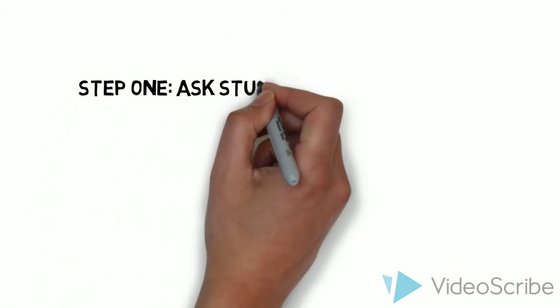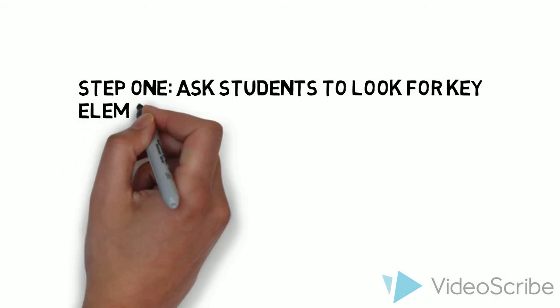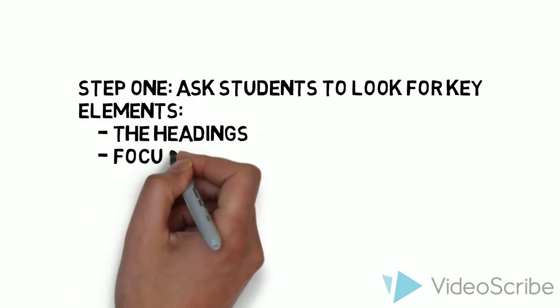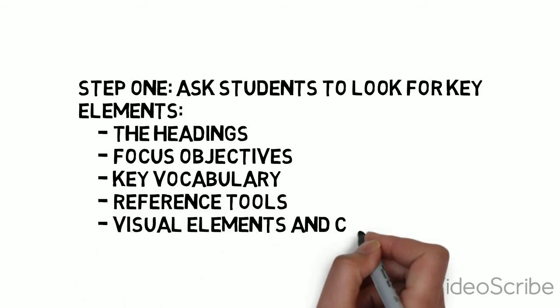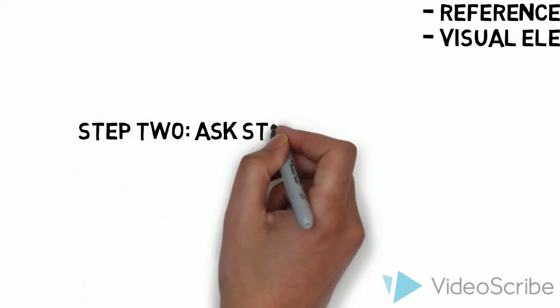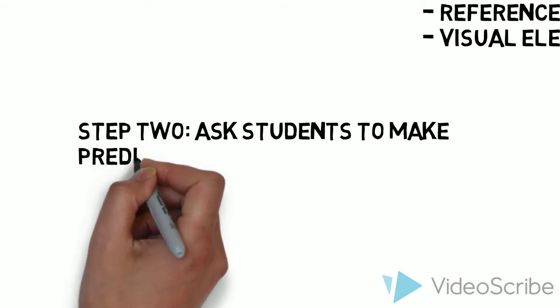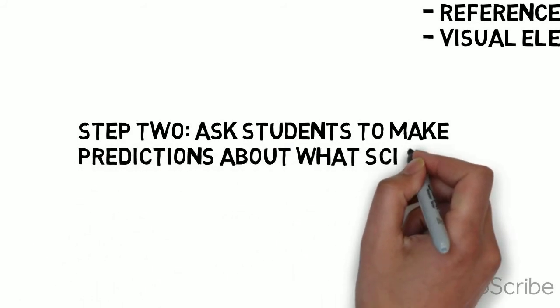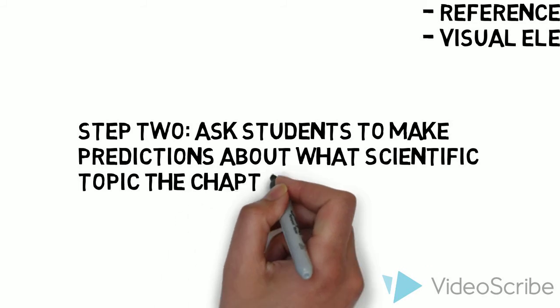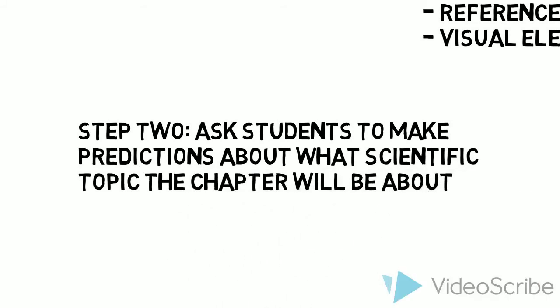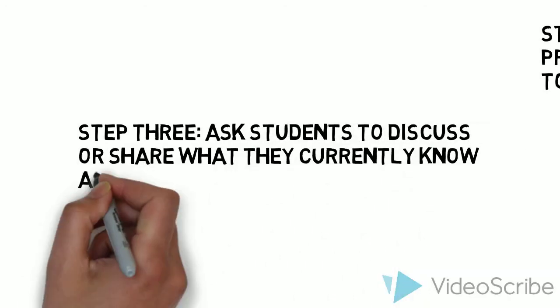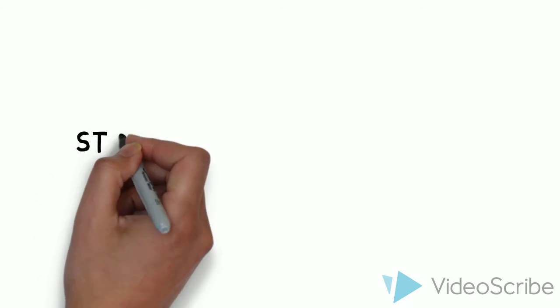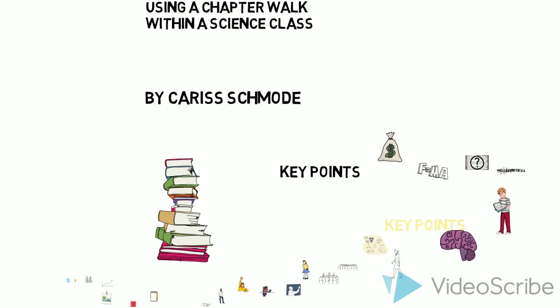Step 1. To start off, ask students to look for the key elements in the textbook, such as the heading, focus objectives, the key vocabulary, reference tools, visual elements, and captions. Step 2. Ask students to predict what the scientific topic the chapter is on. Prompt students by asking why they made the predictions they did, thus engaging student background knowledge. Step 3. Ask students to share or discuss their current knowledge on the topic. Step 4. Check for comprehension. At the end of the chapter,